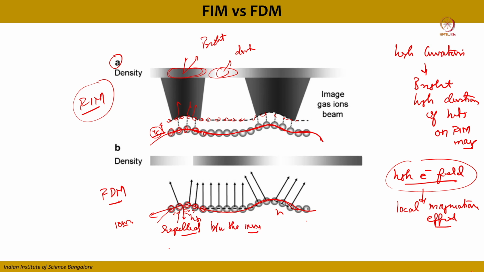So these local magnification effects are directly related to the repulsion of the ions at that local curvature, or that higher curvature, due to which the electron density, so due to this local repel